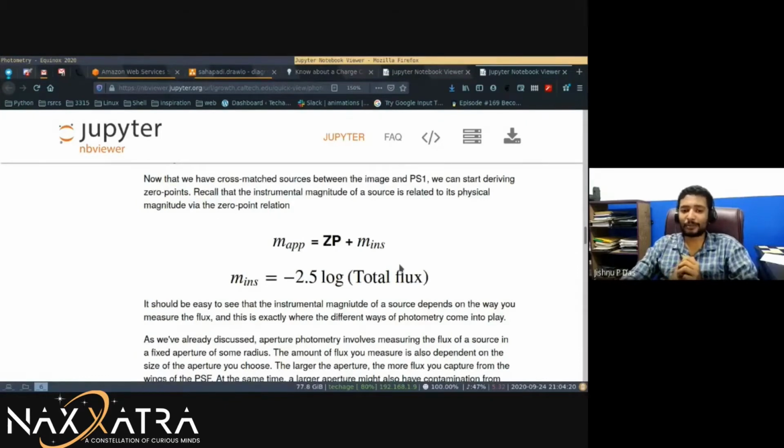This is a problem because you are using some kind of detector, I am using some kind of detector, and say Sitara is using something else. We will all have different values for the same thing. That's a problem, right? So how do we get rid of this problem? We need some way of standardizing this, and that is why we calculate this zero-point magnitude.